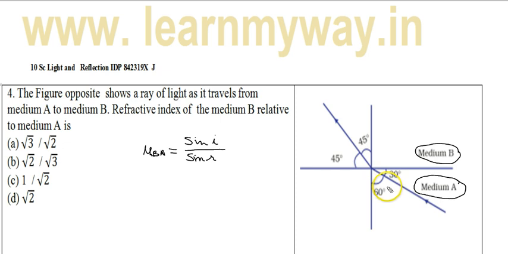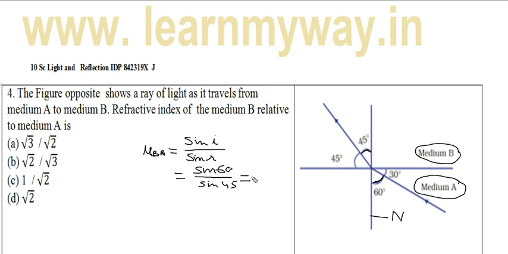If you see sine I here, we find this is the normal as usual. So if this is the normal, then the angle with the incident ray is sine I, and this is making sine R equal to 45, right? So we can put the value: sine I is sine 60, divided by sine 45, as we find from the angles.